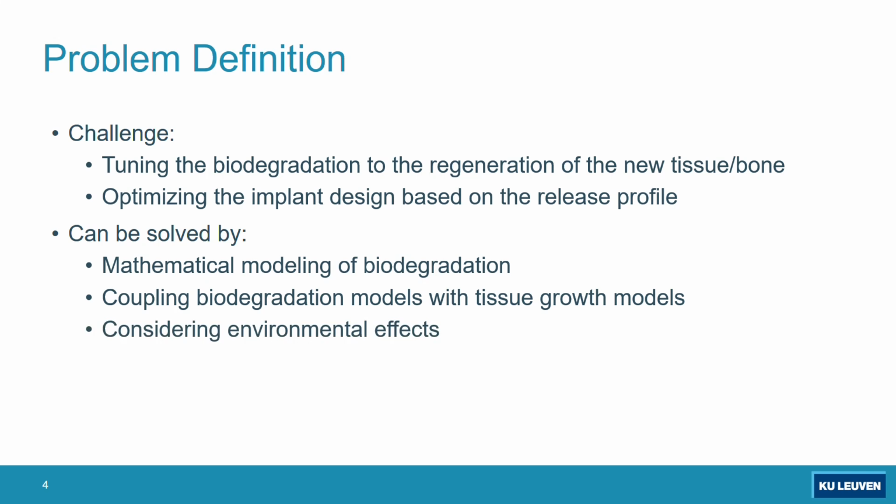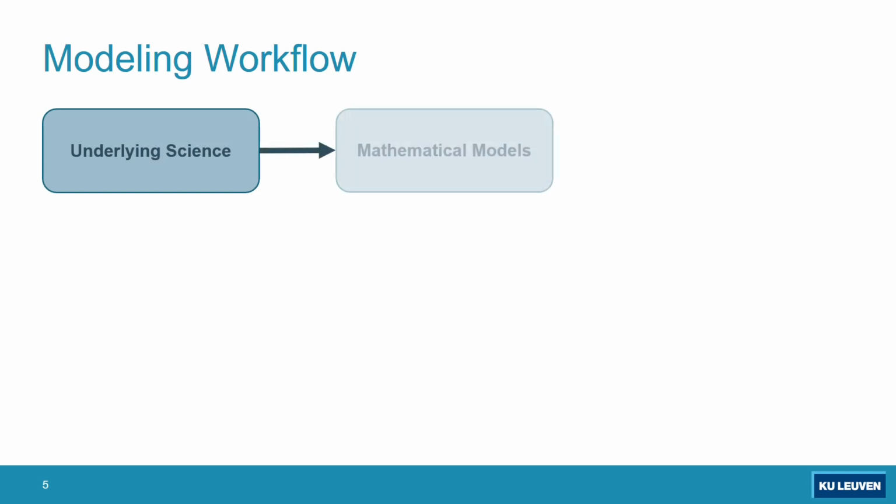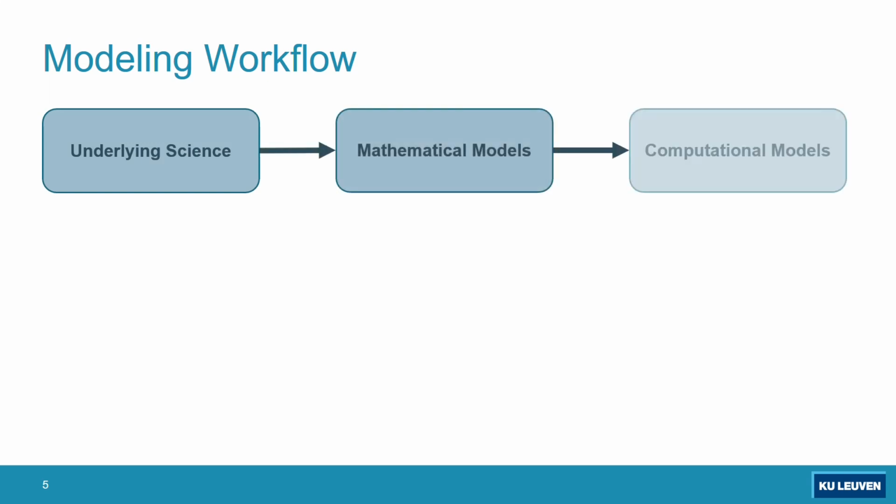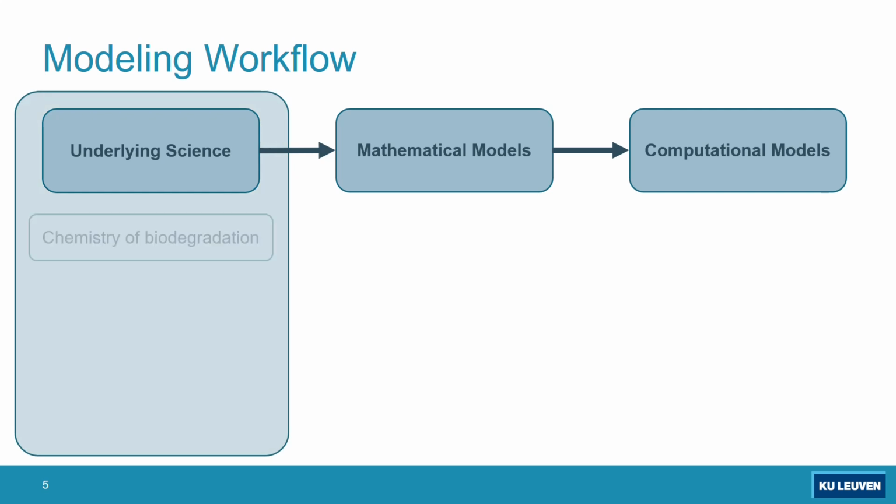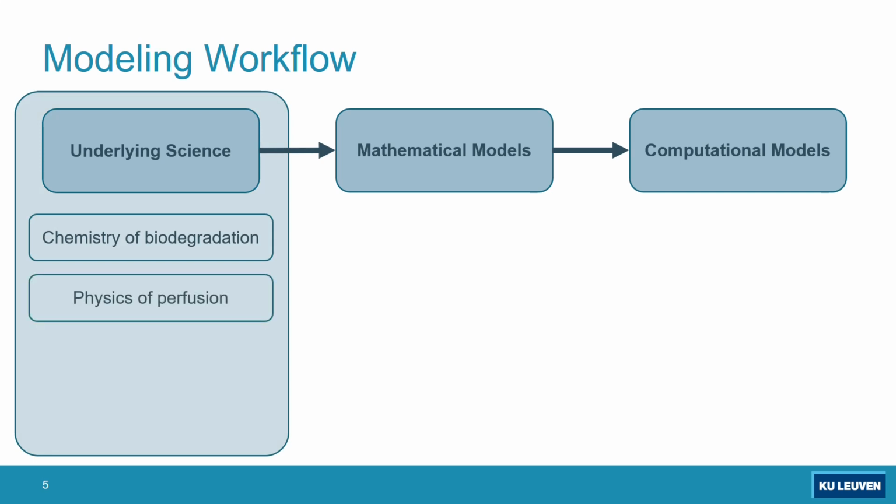This is very common in this kind of research work: the workflow is that we convert the underlying science, the multi-physics behind the scenes, to mathematical models, and then these mathematical models to computational models. In this work, the underlying science is the chemistry of biodegradation, because that's a chemical process, and then the physics of perfusion. This is a term that people use in tissue engineering, but it is actually fluid flow that can be inside the body or inside the experimental setup. So the physics of fluid flow, and also the biology of tissue growth,